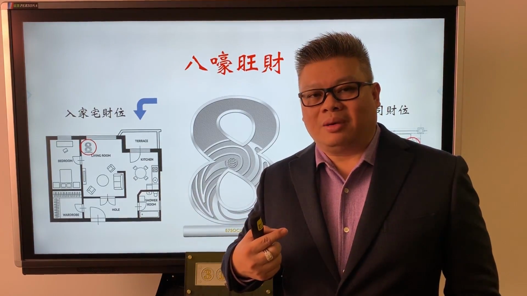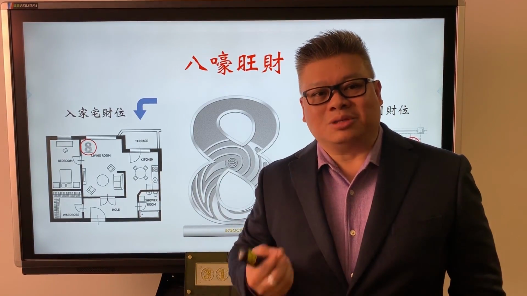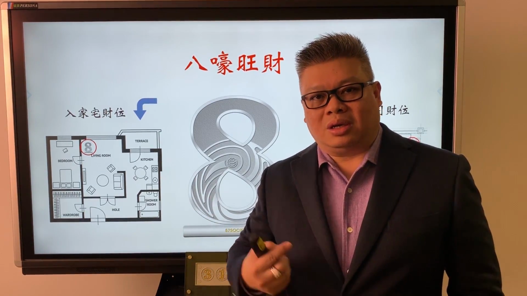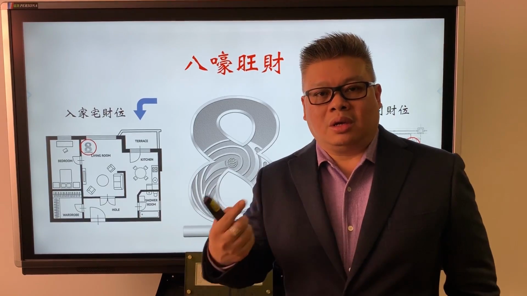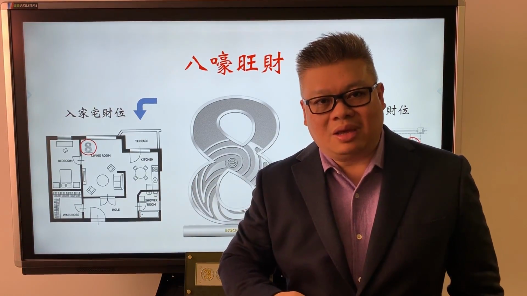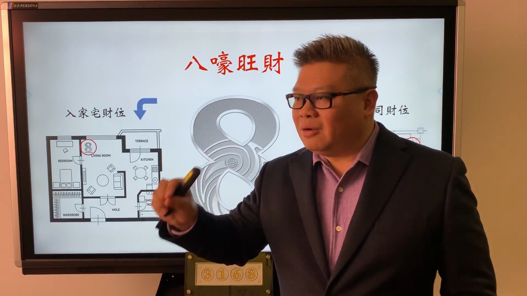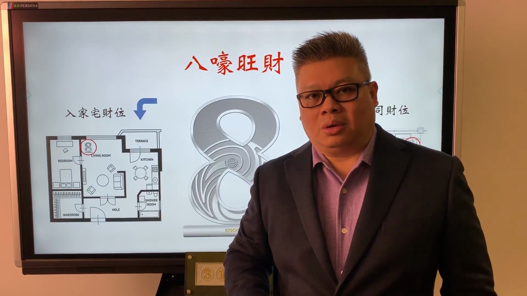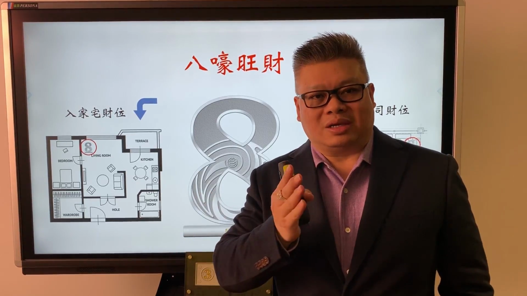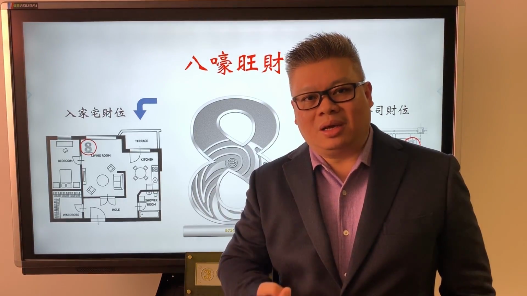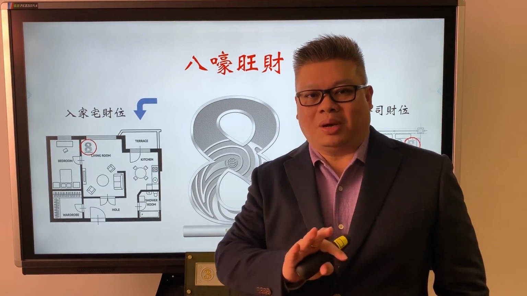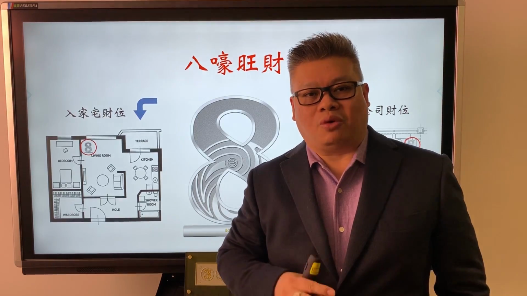Obviously, when the term flying star is used, does flying star mean it is stationary? No, it is mobile. It moves about every year in a different position. It moves about every month, every day, and every moment in time. So we have the 4 pillars in 八字. The 4 pillars are known as the year pillar, the month pillar, the day pillar, and the time pillar. It is complicated, but we are simplifying all that for everyone.